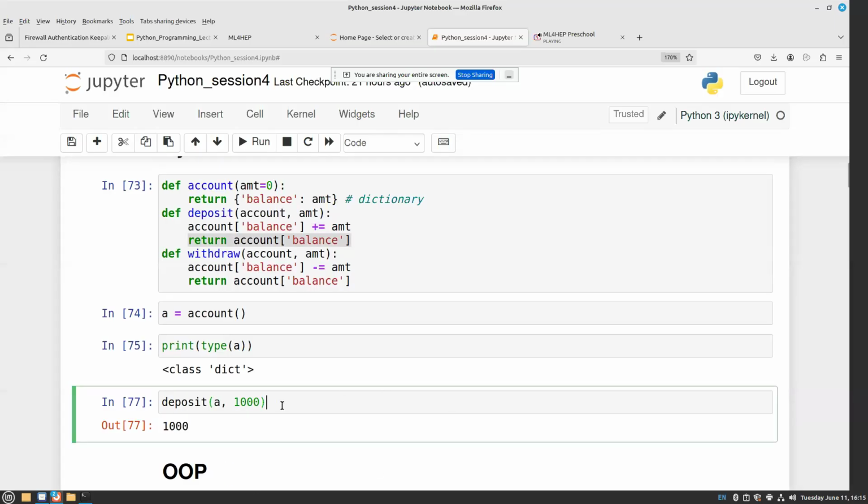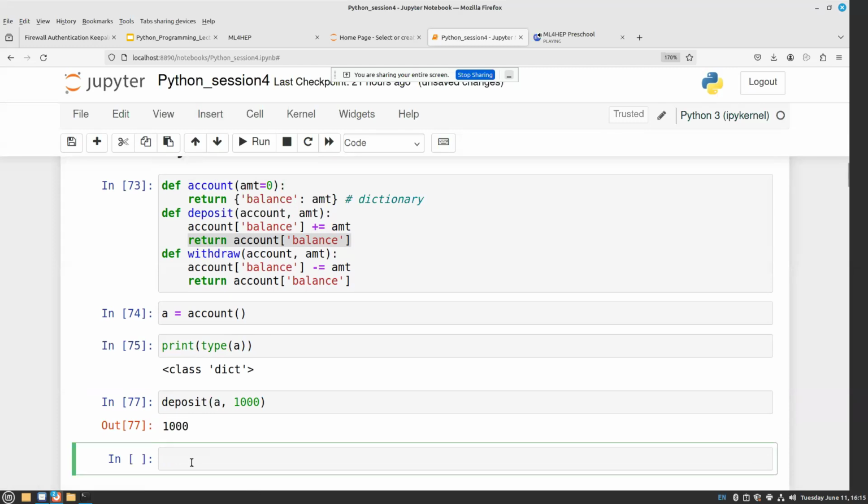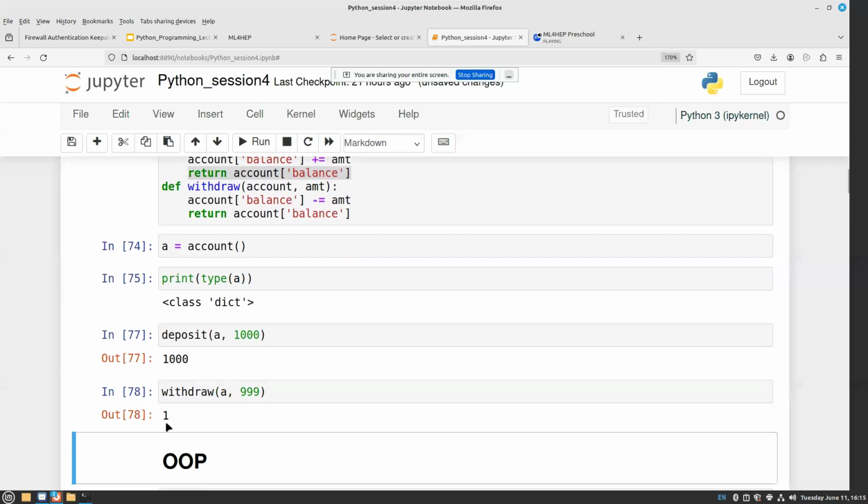Then as the next one, I can withdraw. Again, I have to pass the dictionary, because the dictionary is the one which gets updated, the value of that key. And let us say I withdraw 999. So then I have only 1 rupee left in my account. So all these things work